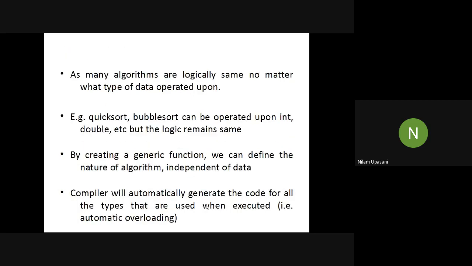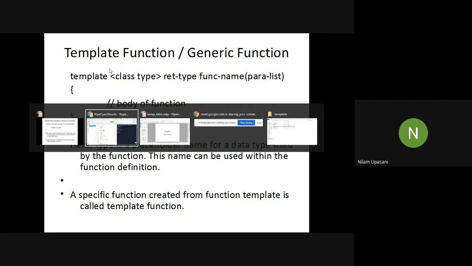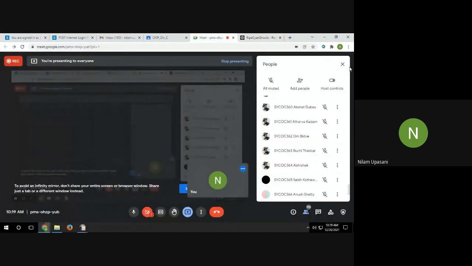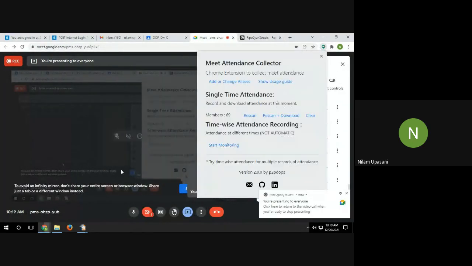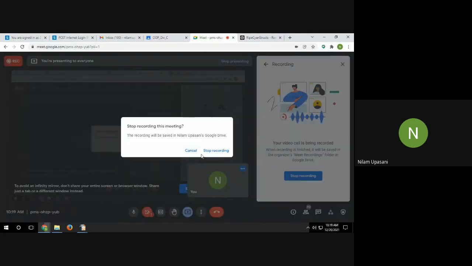So this is about templates, yes, introduction to templates and template class. So tomorrow we'll start with template functions. Okay, so everyone make sure that this concept is clear to you. So in case if you